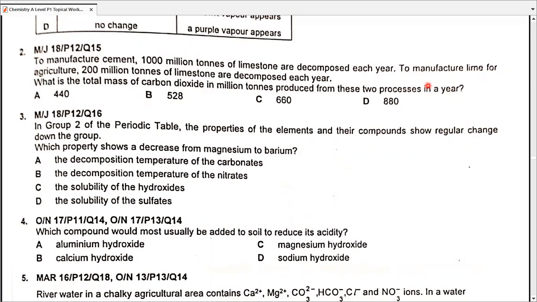Calcium carbonate. Calcium oxide is 40.1 plus 16, which is 56.1 for calcium oxide. And for calcium carbonate, 40.1 plus 12 plus 16 into 3 is 100.1 for this. 1000 divided by